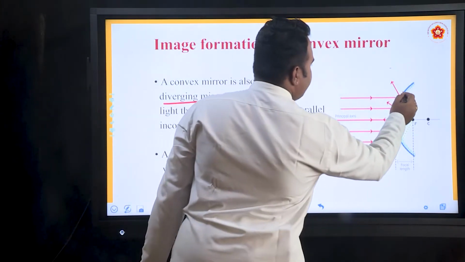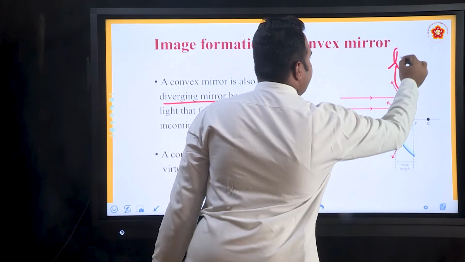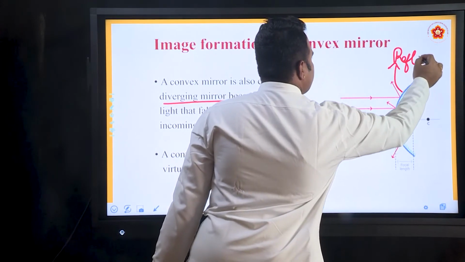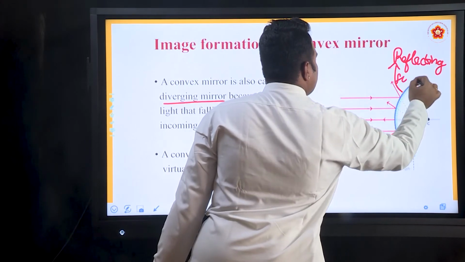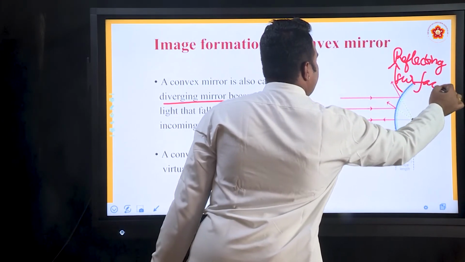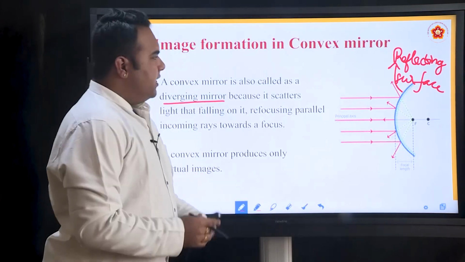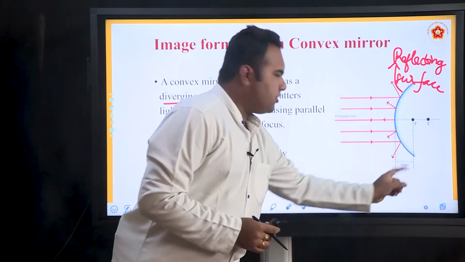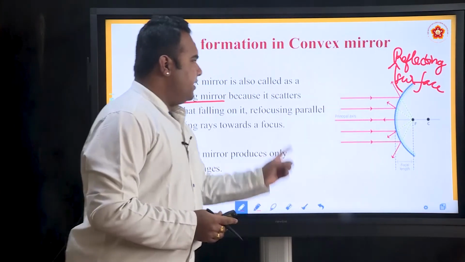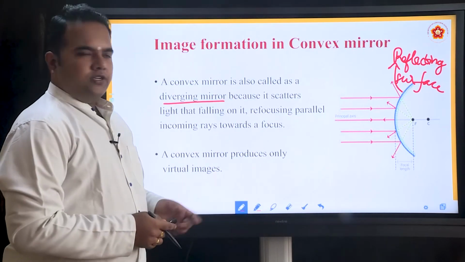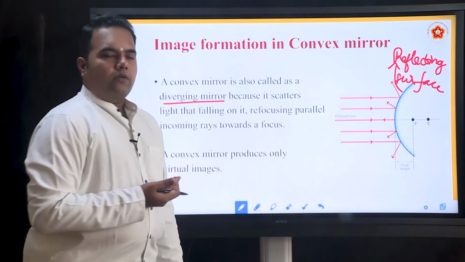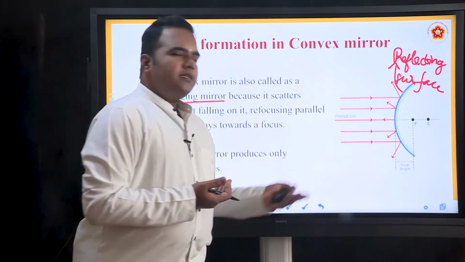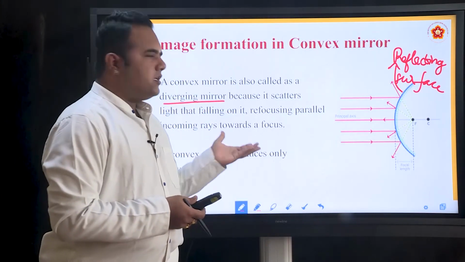Now, all of you are aware that the outside is the reflecting surface of the convex mirror, and because of its curvature or bend being in this particular way, the rays of light are diverged. They diverge, and on this side of the mirror they never meet at all, because the rays are diverging. On this side there is no image that is formed.